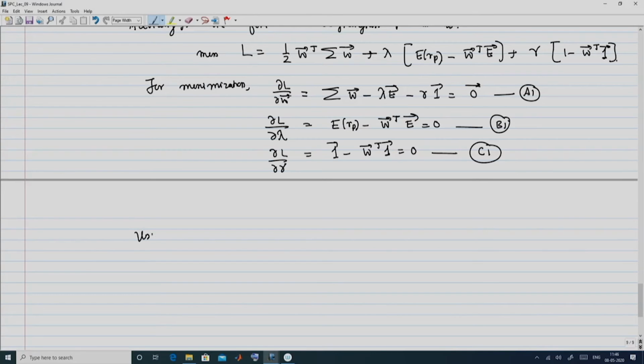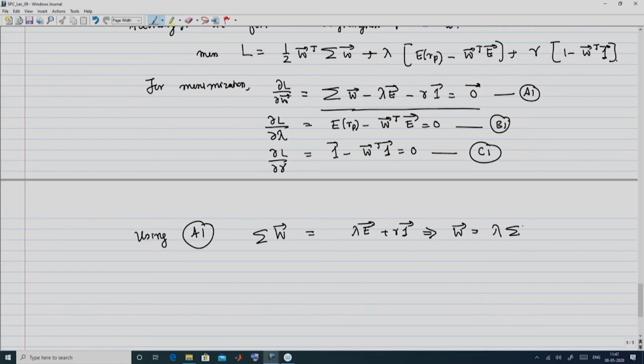All right. So, using A 1, what do we get from A 1? So, here I can solve this for W. So, first of all I will take sigma W is equal to lambda E plus gamma 1, and this implies that the vector W is going to be lambda, I take sigma inverse on both the sides, pre-multiplied by that. So, sigma inverse vector E plus gamma sigma inverse vector of 1. Then